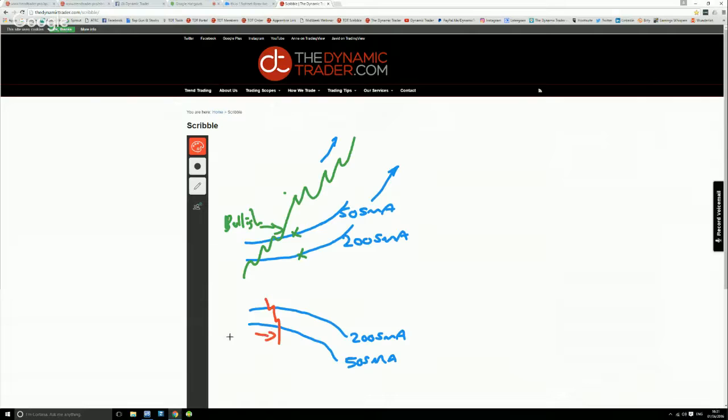And here is where price has a bearish bias, because price is trading below the 50 and below the 200. Here, there is no bearish bias because it's inside. We want to see price trading below both to have a bearish bias, and we want to see price trading above both to have a bullish bias. Where price is interacting here and here, you want to stand aside and not take any trades.